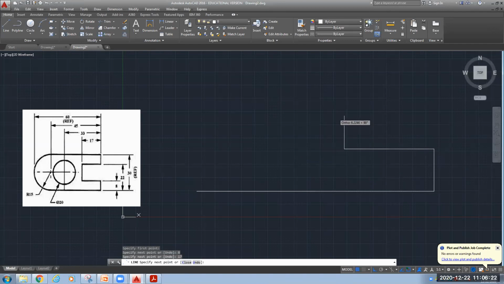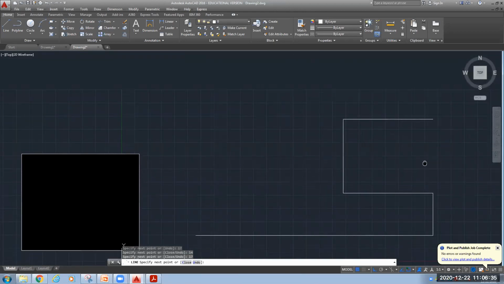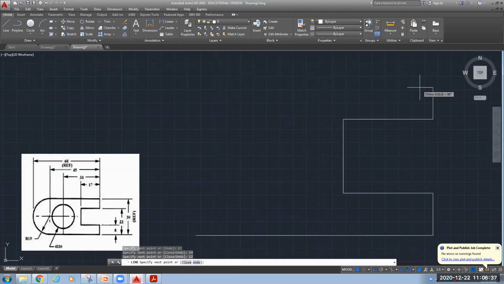Now again on top we need to go 22 minus 8, that is 14. In horizontal direction 17. Again in vertical direction I need to move a distance of 8. Now this side come 45 and you can close it.